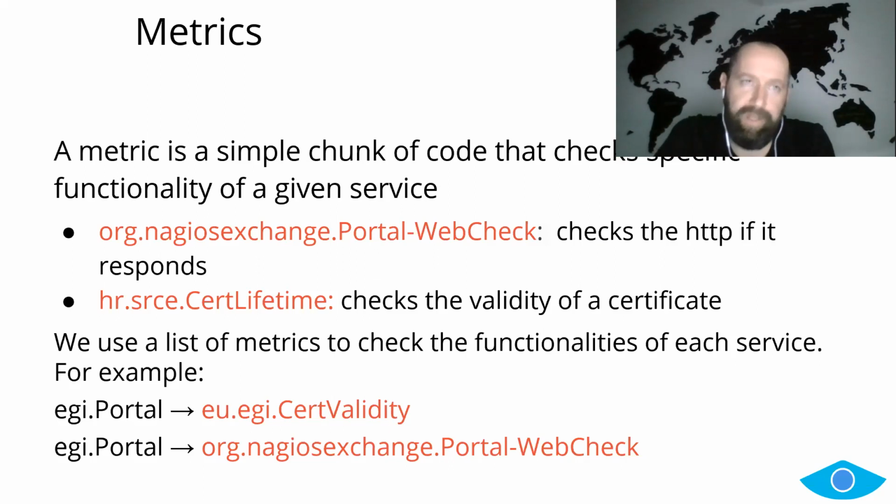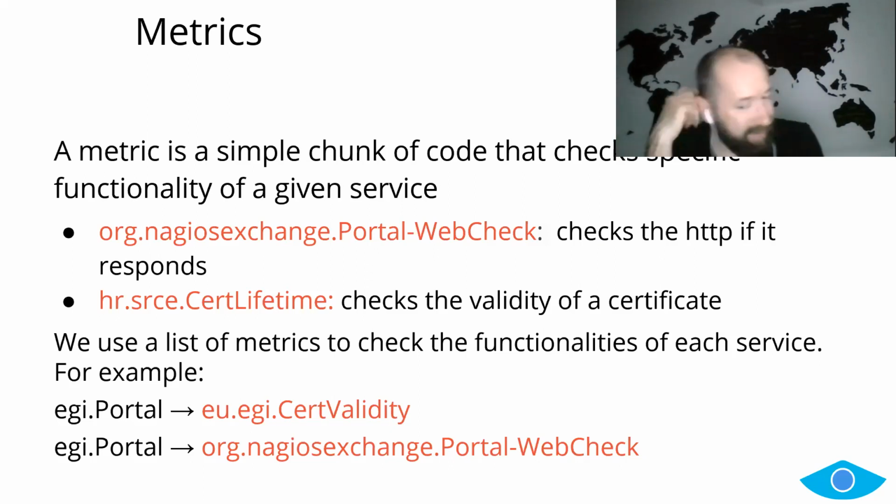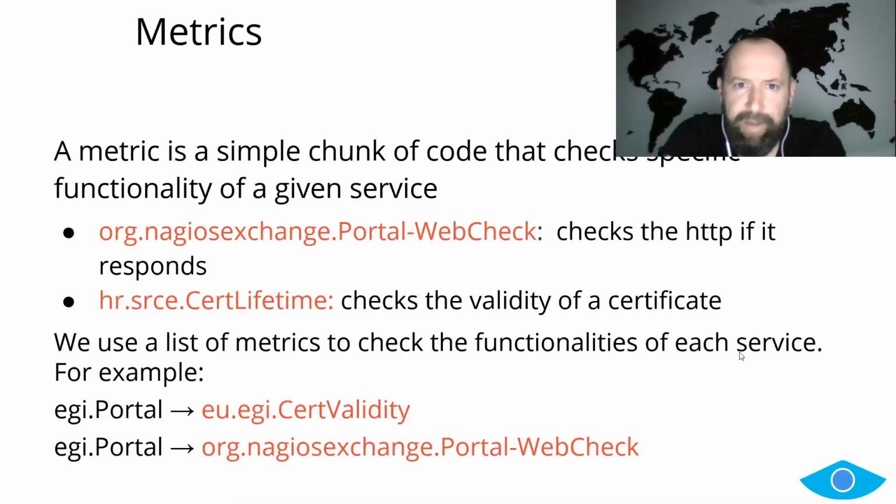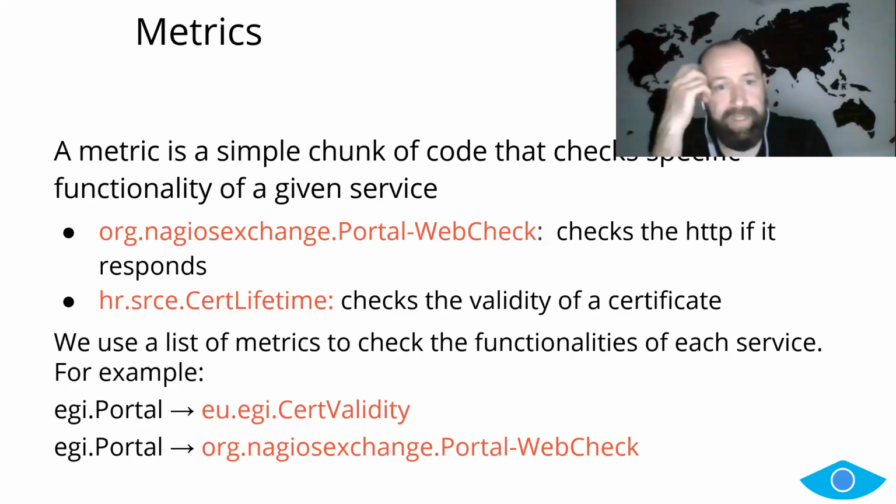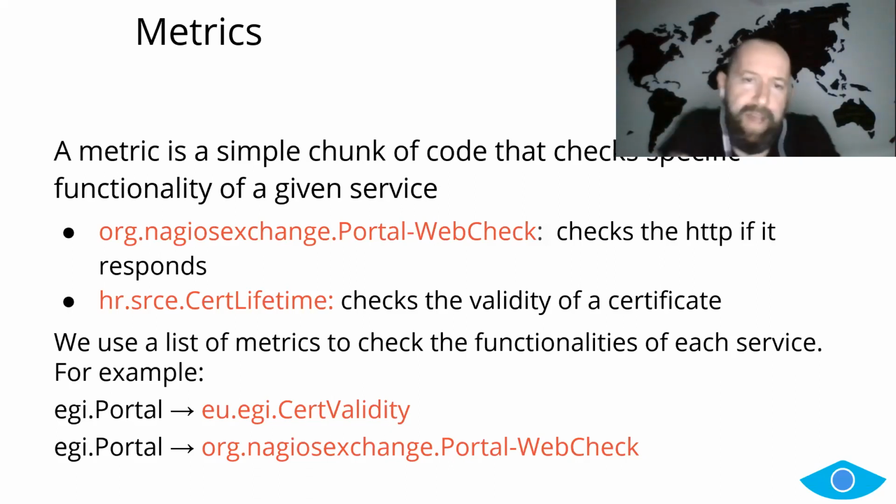But the metrics can also differ in the way they are configured with regard to parameters. Let me see what I have. Okay, I'll show you a live demo before I proceed to the higher levels. So if you're familiar with Nagios, you will see that some attributes of a metric are things that we define in collaboration with EGI operations and with the service providers or technology providers. Now these metrics have a bunch of different attributes.